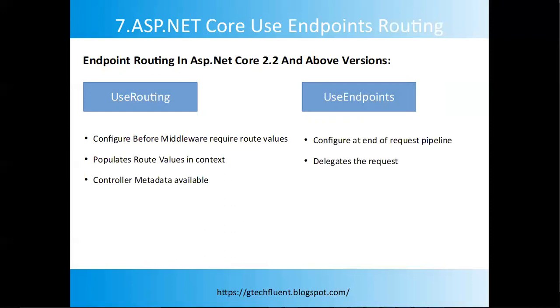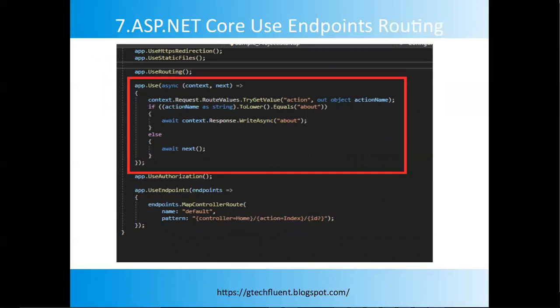So let's see how we can use endpoint routing in our custom middleware. If you see on the screen, after static file middleware, app.UseRouting is configured, and at the last, app.UseEndpoints is configured, and in between them, our custom middleware is configured. On configuring app.UseRouting middleware, the current HTTP context gets populated with the route data, which can be accessed in the middleware between the routing and endpoint middleware. Now, in our custom middleware, we get the action name from the request context. So we can identify the route action name and action method very easily from the route values. This is only possible because of the endpoint routing technique.